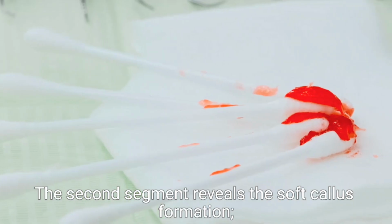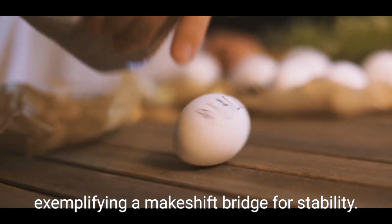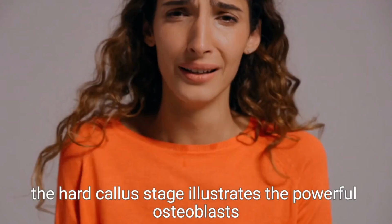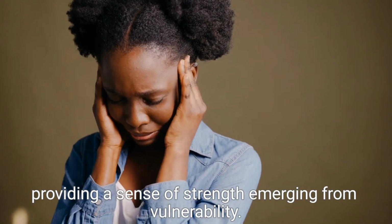The second segment reveals the soft callus formation. Here, soft cartilage fills the gap, exemplifying a makeshift bridge for stability. Continuing, the hard callus stage illustrates the powerful osteoblasts at work, transforming cartilage into robust bone, providing a sense of